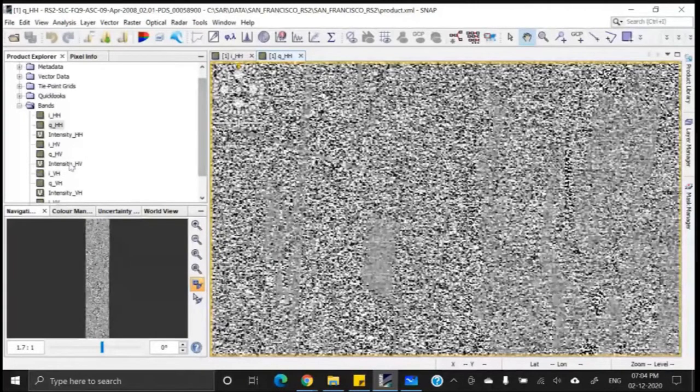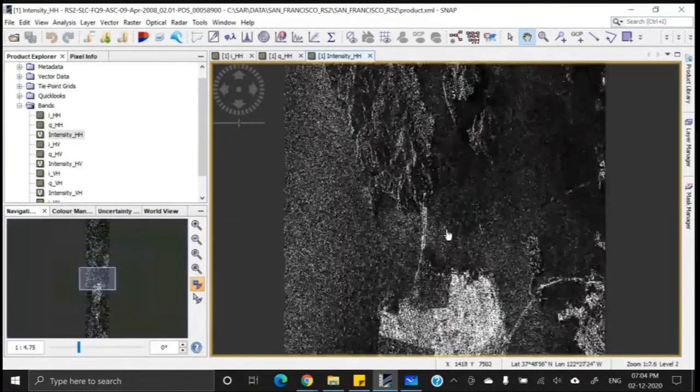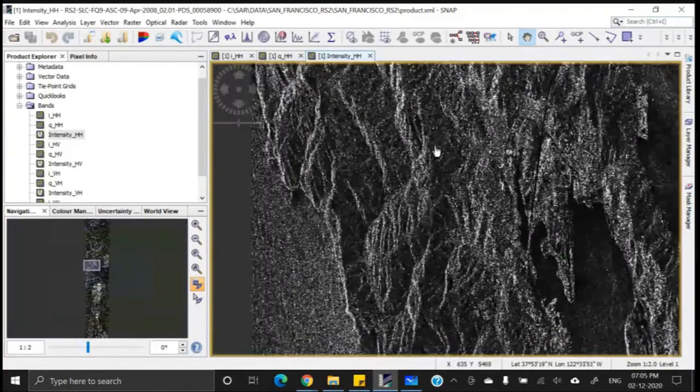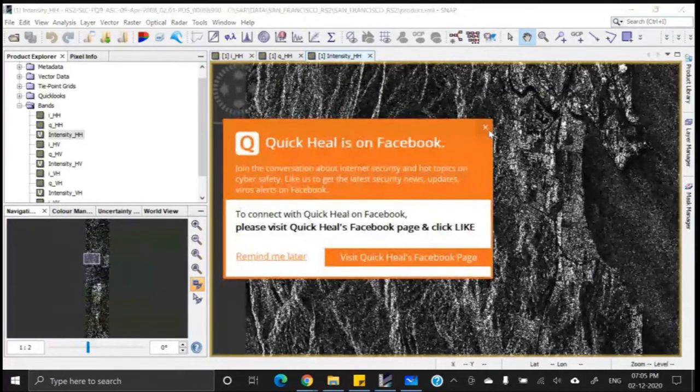Now let us launch the intensity component, the virtual intensity HH component. Double click on it. This is the intensity image. This is somehow interpretable. You can understand the topographic structure and geologic structure.